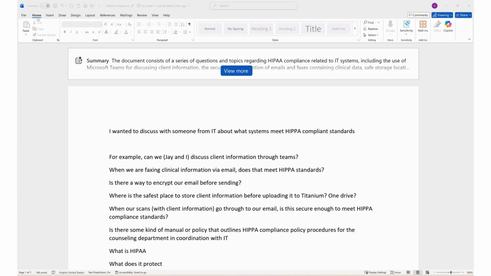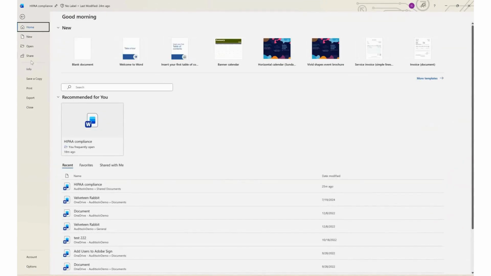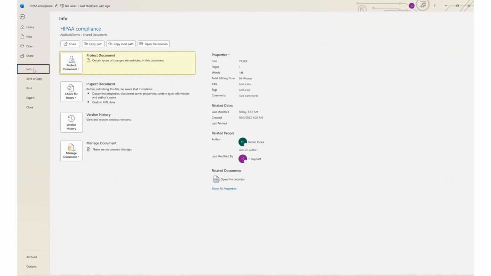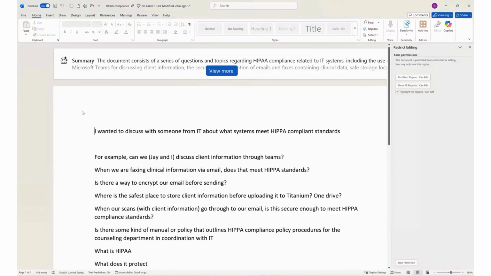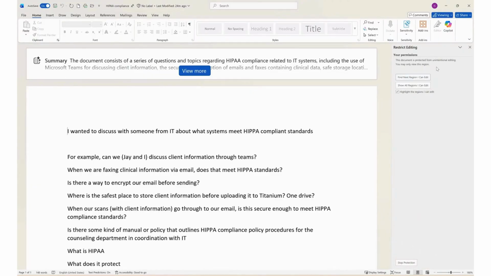So we have our document and we go up to File. And inside of File, we're going to go down to Info. And inside of Info, we have Protect Document. And I click on Protect Document and Restrict Editing. And the window opens up on the right. So you can see I've already got Restrict Editing on, right? So this document is protected. I can stop protection down here,